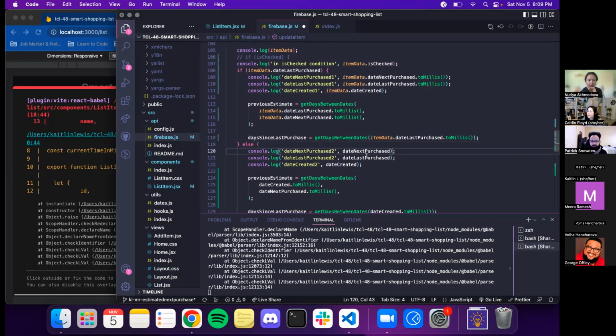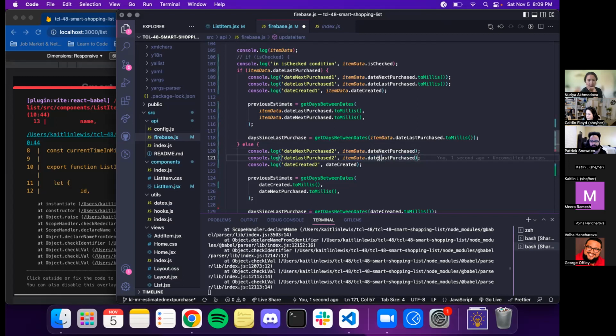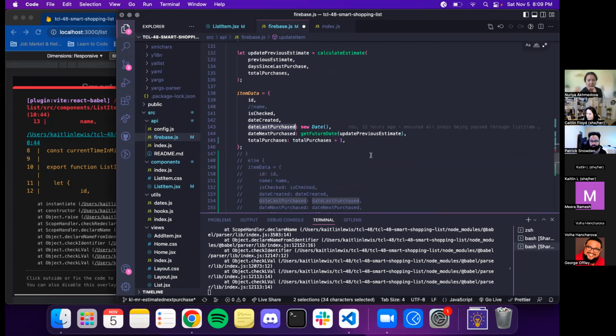That'd be amazing. Caitlin, on the topic of VS Code tools, if you can select right there, date last purchased, and just select that text and press Command D, if you're on a Mac. It's going to highlight, and just keep pushing it. It'll highlight all of the date last purchased for you in your code. And then if you move your cursor to the beginning of the string and start typing, what is it, item dot, it'll update all of them.